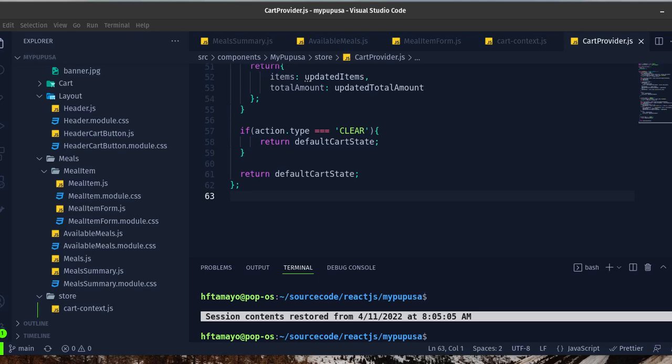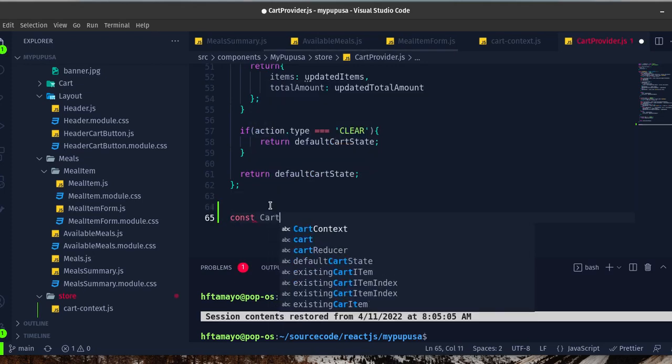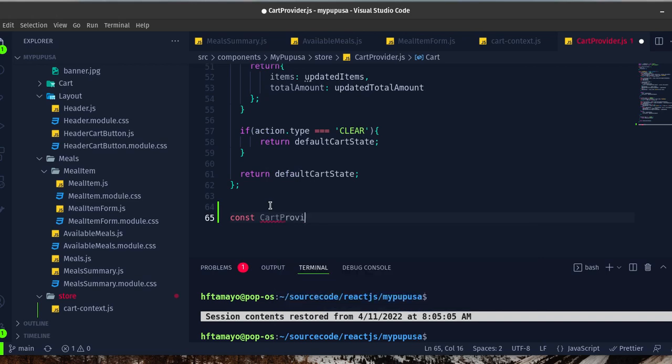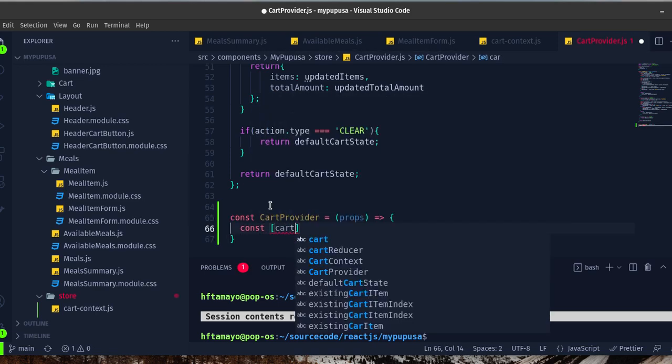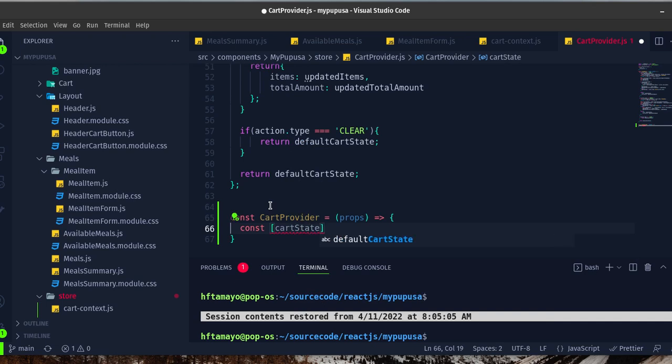So let's finish to call this component. The second part is related specifically to the card provider. So here we are taking the props, and we need a state, the card state,